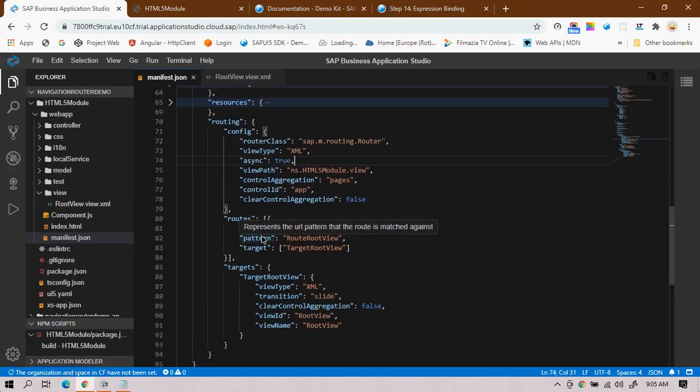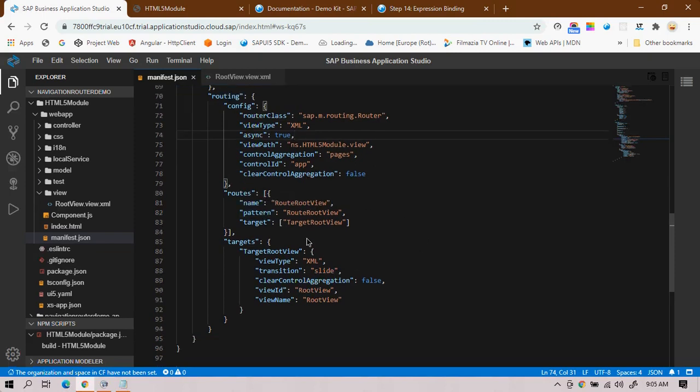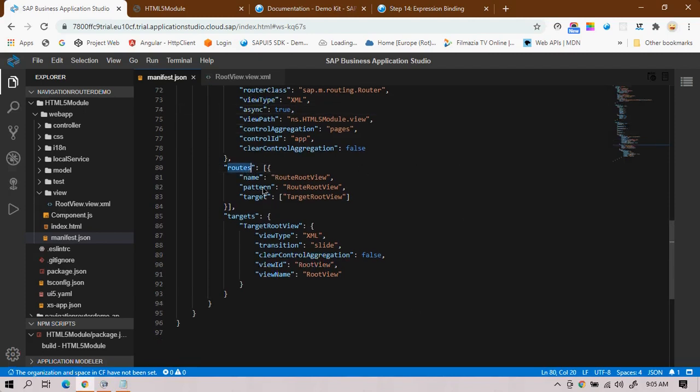I'll tell you what configuration we need to maintain in order to create views. Once we move ahead, we have the routes. Routes is where all the important things related to each view are maintained. So what is the name? Name is a unique name for the routing.